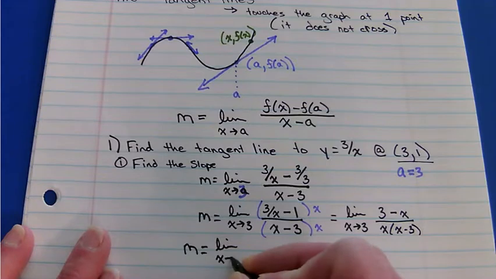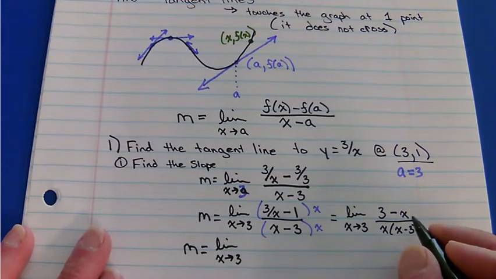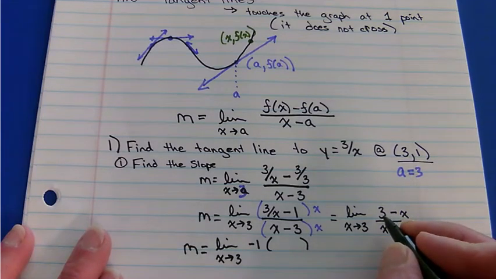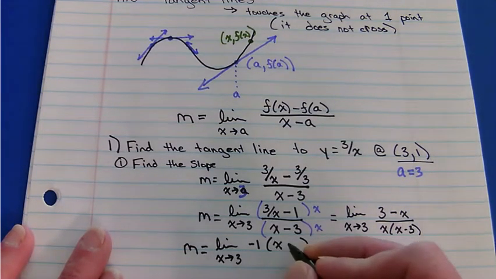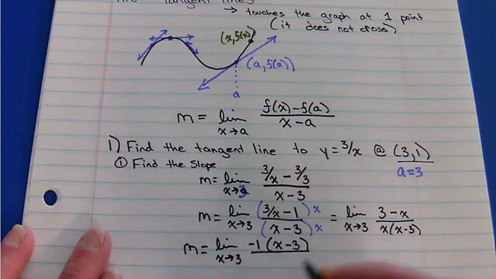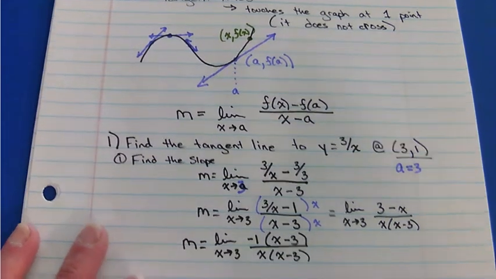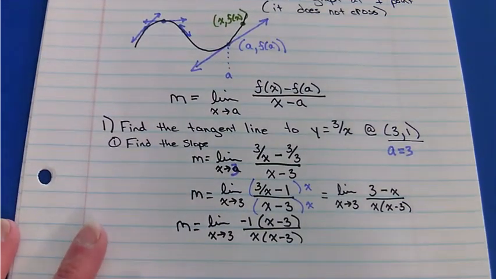I can factor out a negative 1 from that numerator. When I factor out a negative, it's going to change the signs. So in other words, it flips it. If you go back and redistribute that negative 1, you'll get 3 minus x back. So if I do that,